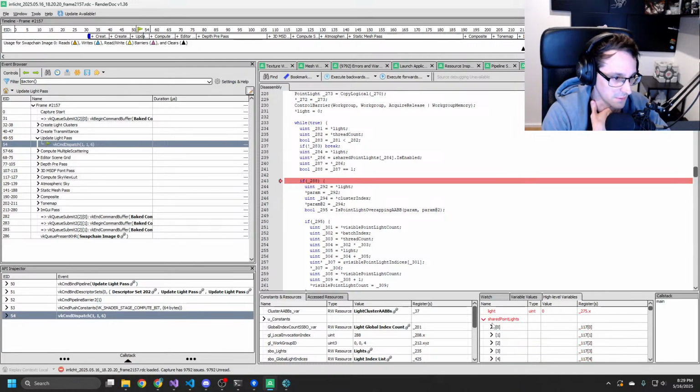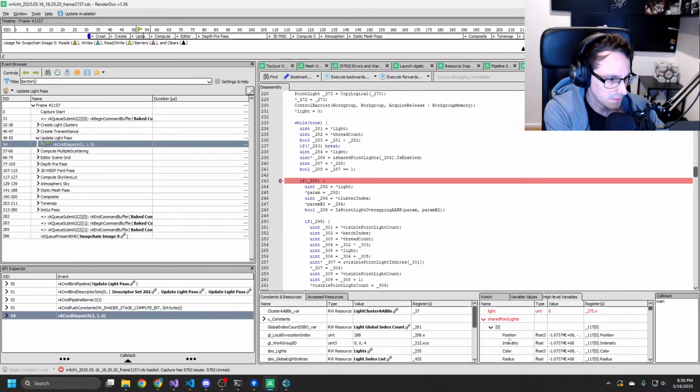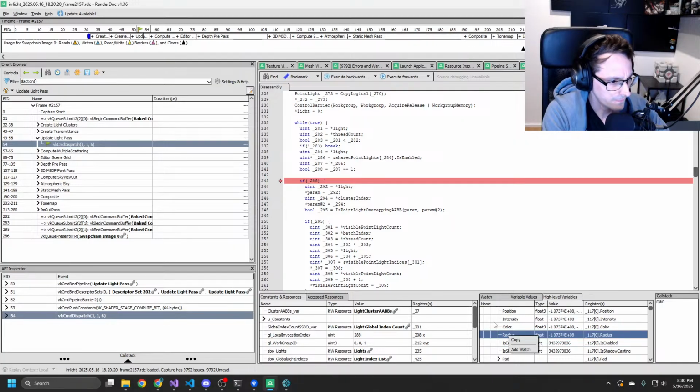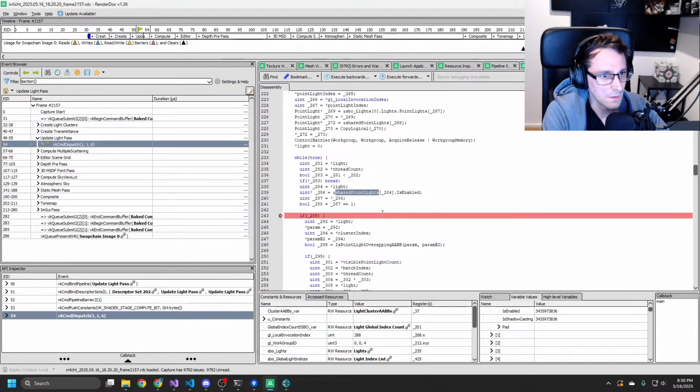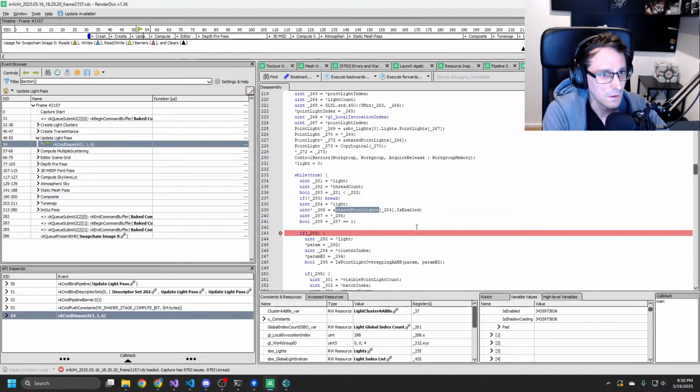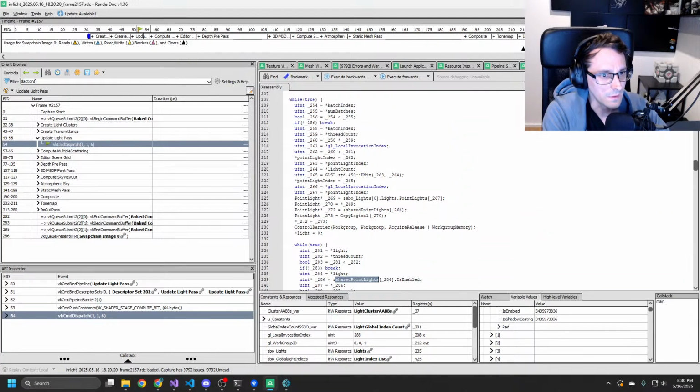So light 0 and light 0 is garbage. How come that's garbage? Don't we store that in there?